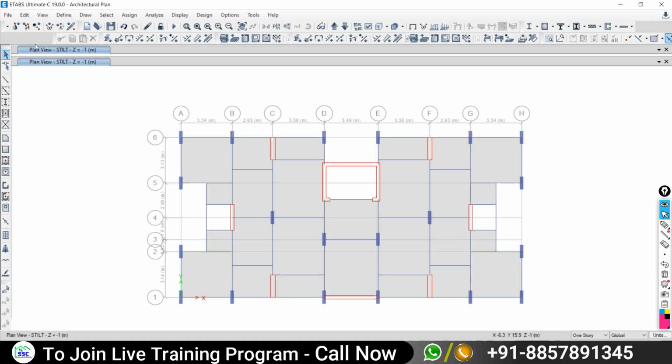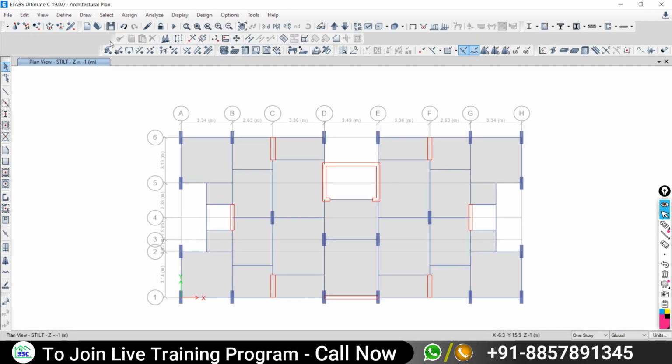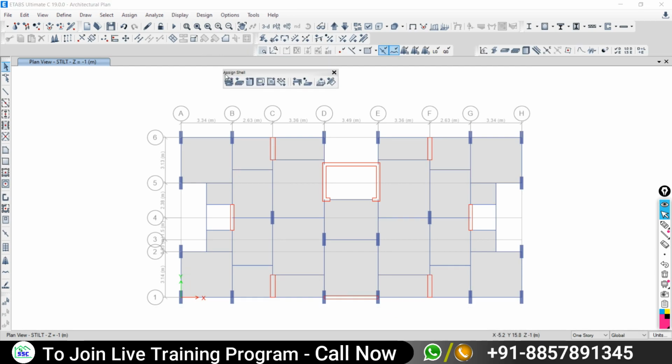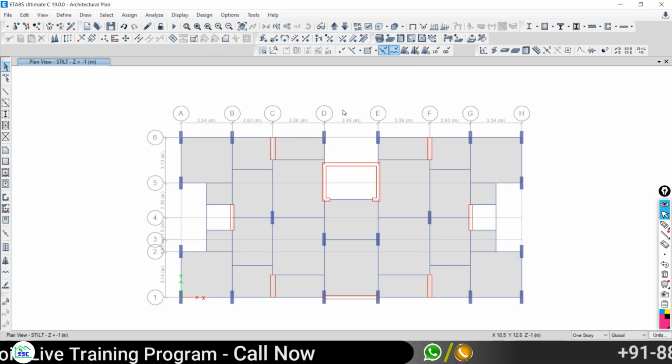adjust it. So what you need to do, just see, when you take your cursor on the left side, some dots will be available. From that you can catch this point and take it anywhere as per your requirement, and you can set it. I just want to have this point here, so I'm going to set it here.